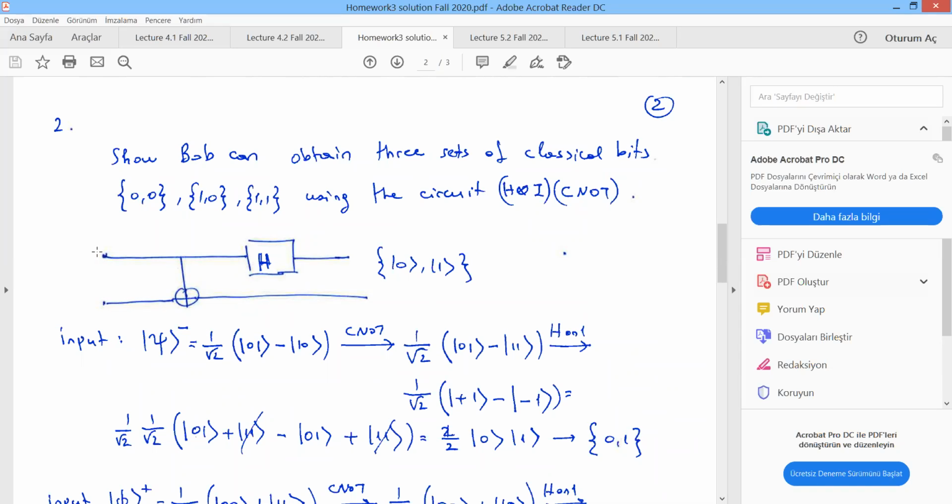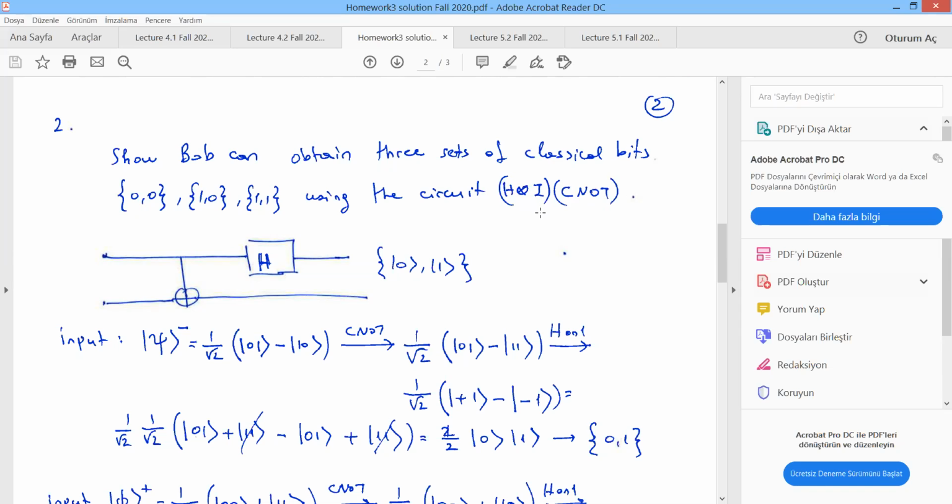We want to show that using this circuit, remember the time is flowing from left to right. So this is your input. It's first operated with C0 and then operated with H, and then you have the output. But in the operator notation, it is in reverse order, because you apply this operator on the input. So it's operated first with C0 and then